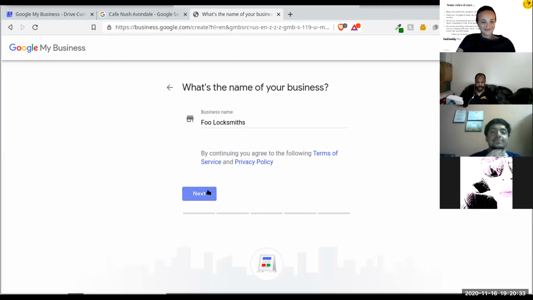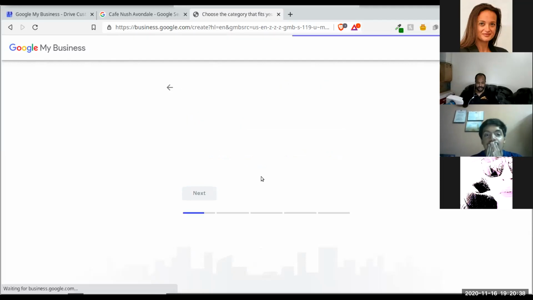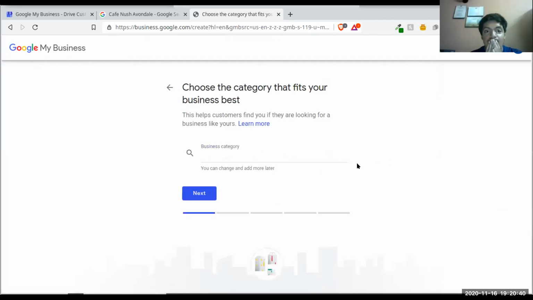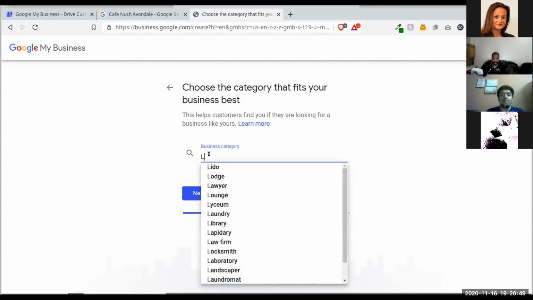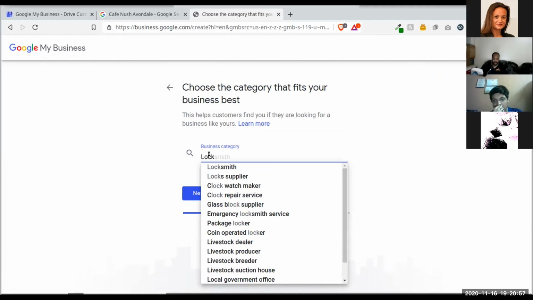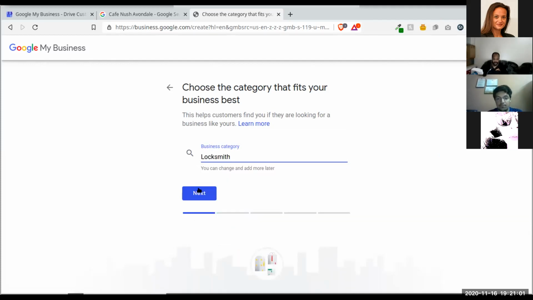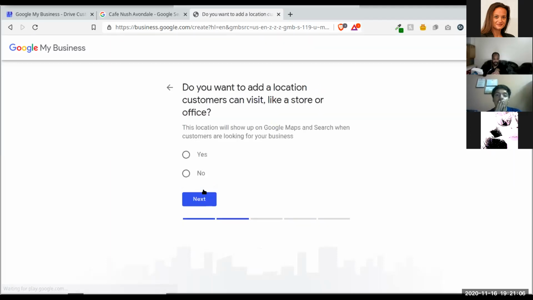Okay, so once you've put your business name, click next. And then in the business category, you can choose something. It's important that you choose something that's closest to your business category here, because you only get one category. So I'm gonna say locksmith. This is just a made up business. And then